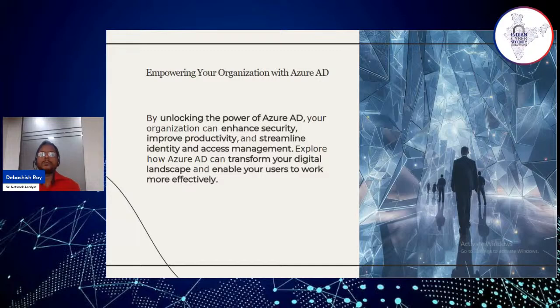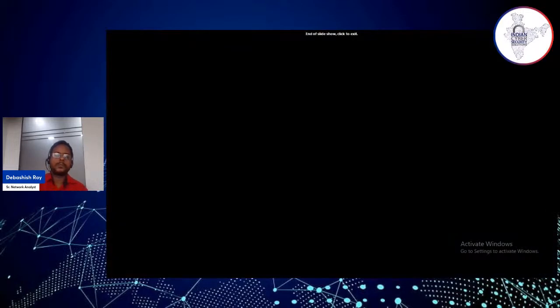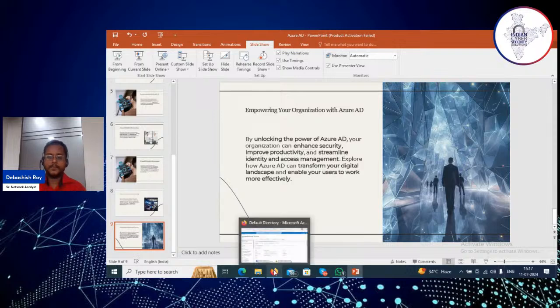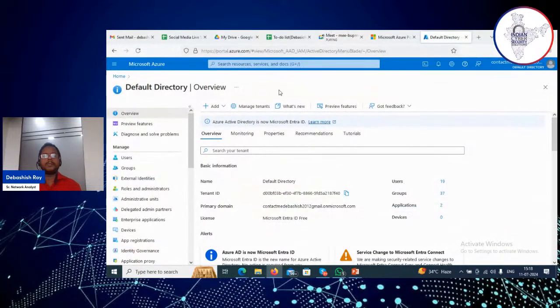Now, empowering your organization with Azure AD means that by unlocking the power of Azure AD, your organization can achieve enhanced security, improved productivity, and streamlined identity and access management. Definitely Azure AD can transform your digital landscape and enable your users to work more efficiently. So that is about the theory part of Azure AD, and now we can go to the Azure portal